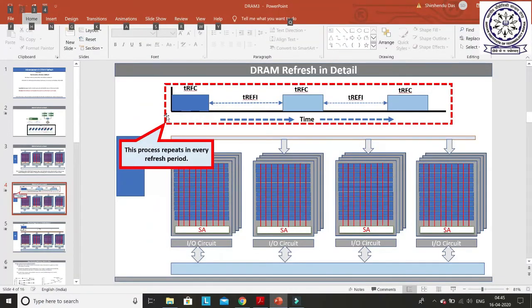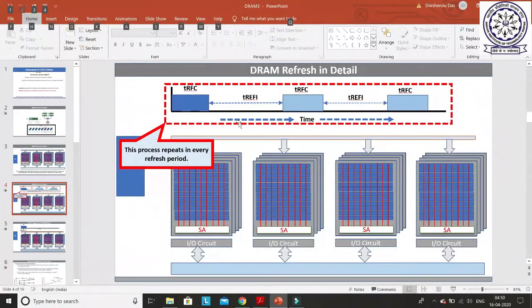The basics of refresh are already known to you, and how auto refresh is performed is already explained. How auto refresh divides the rows into multiple groups, and each refresh command refreshes only a particular set of rows, that is called a particular group, and refreshing a particular set of rows takes tRFC time. All this is discussed, and the difference between two refresh commands is tREFI, called the refresh interval. I hope you remember this, so I'm not wasting time explaining all these things again.